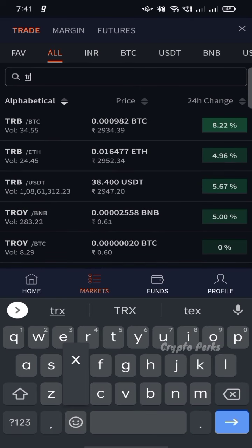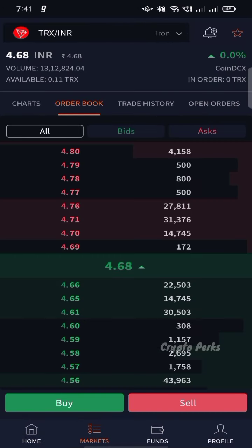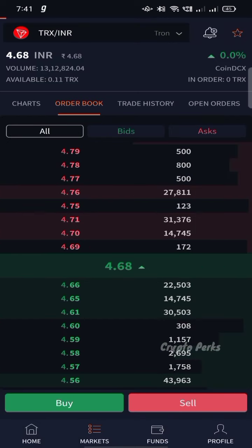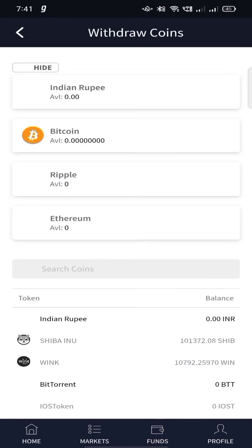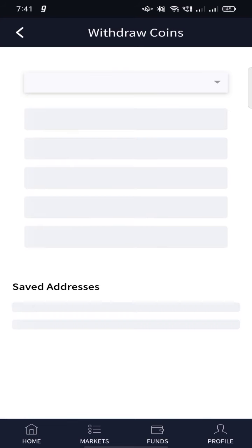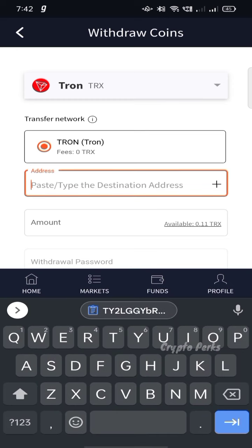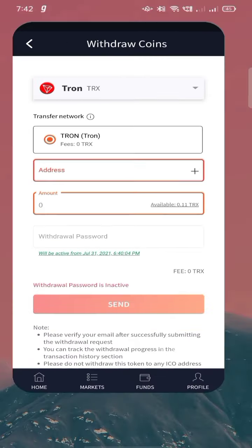TRX INR. Once you buy, after you buy, go to your wallet, funds, choose withdraw and Tron. Paste your Binance Tron wallet address and enter the amount that you want to withdraw, and once it is successful,